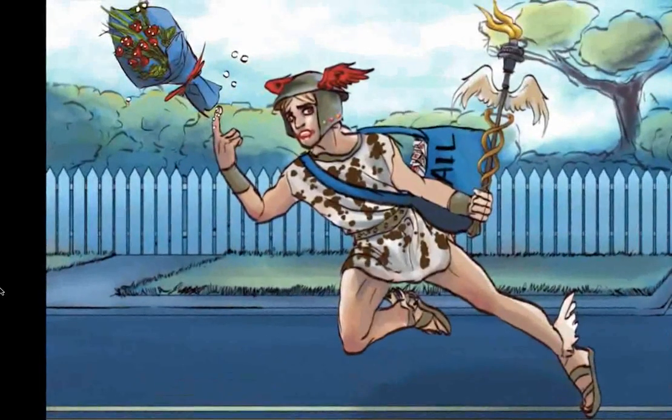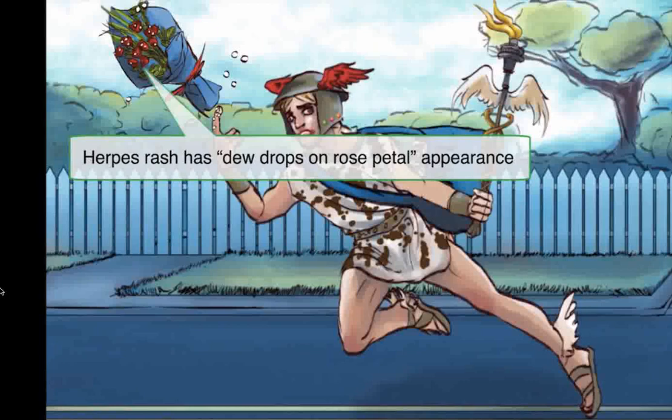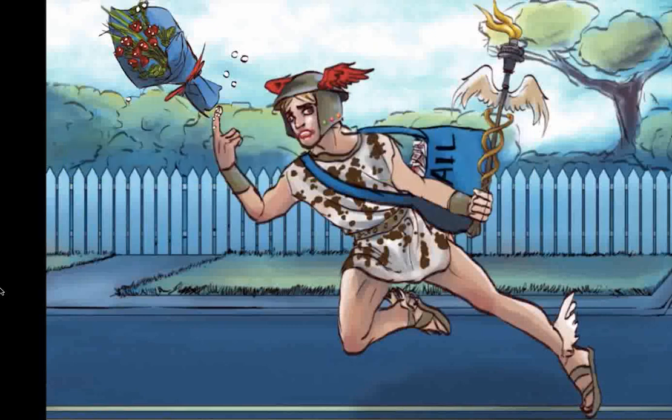And I'm showing you this because the herpes rash is said to have a dewdrops on a rose petal appearance, named because of the clear vesicles sitting on top of an erythematous base. It'd be pretty simple to show you some vesicles on a groin or on the lips, and obviously you'll be thinking herpes. But something that would be more tricky would be to show you herpes on a finger, because this